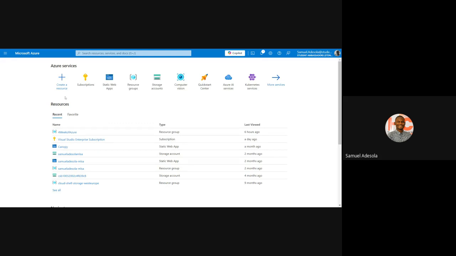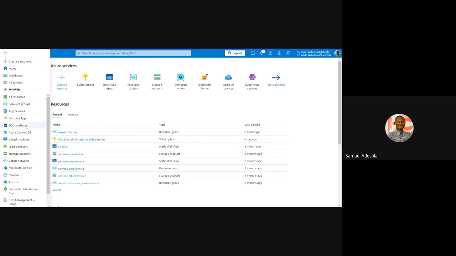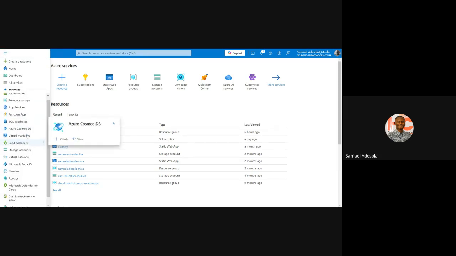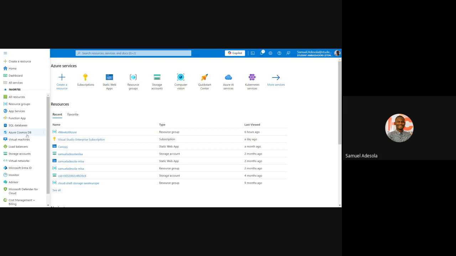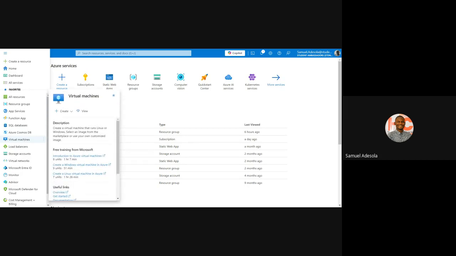So you have a lot of things that we can do. One of the very basic functionalities of the cloud is what we call compute. If I want to see a lot of other things that Microsoft Azure offers me, I'll just click on this button and then it shows me all Microsoft services, all the things that they have with the cloud. We have resource groups, we have app services, we have function app. One thing about this is that cloud is like electricity, right?